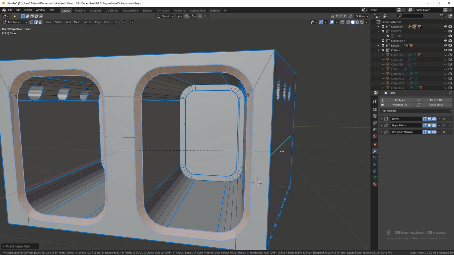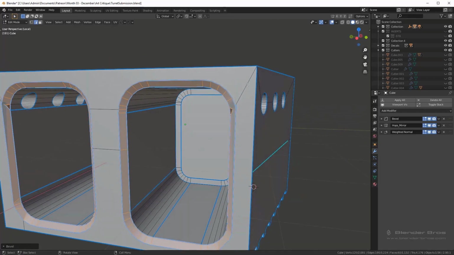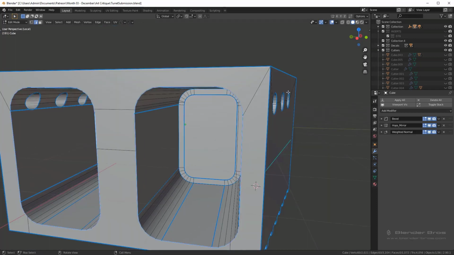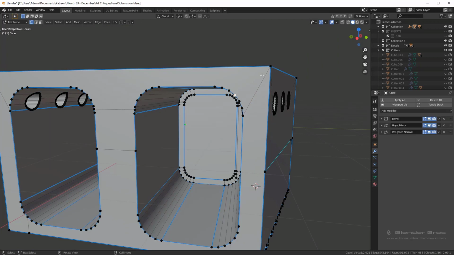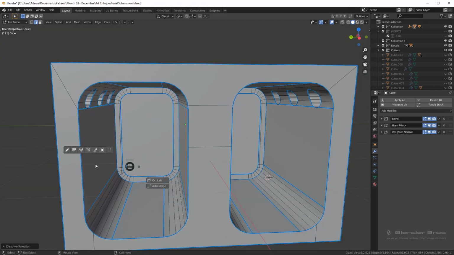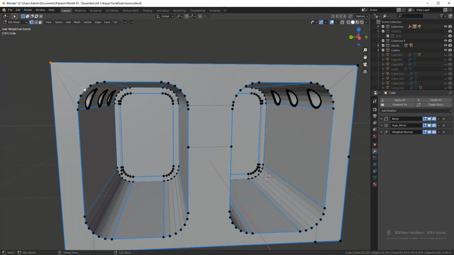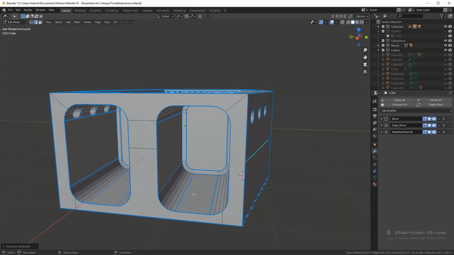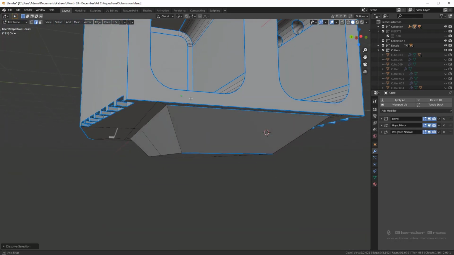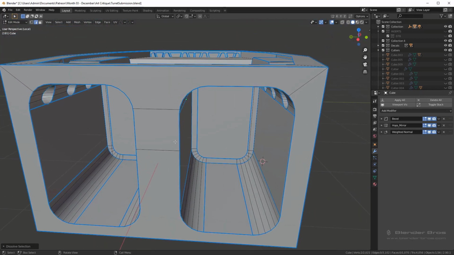Now you're going to see this connection point went crazy. These connection points, you always want them to be orthogonal or perpendicular, otherwise they're going to get overlaps almost immediately. So what I'm going to do is connect it here instead with the J key, and then go into edge mode and press Control X to dissolve that out. Same idea over here, join that up and then Control X to dissolve that out. So I don't know what this is right here. Let me dissolve those out. Don't need those. Okay, so now if we go around and try to chamfer this,